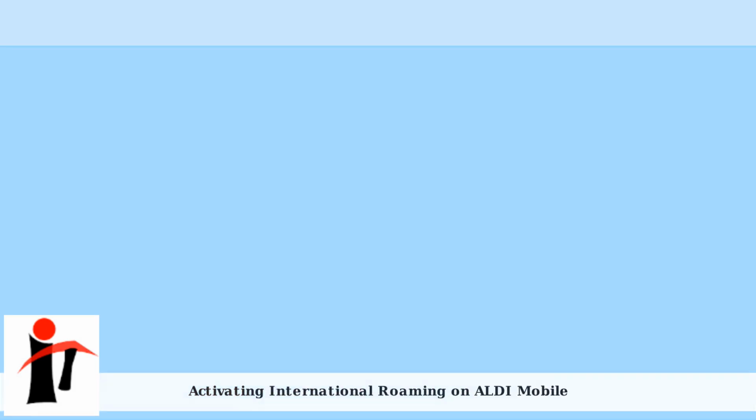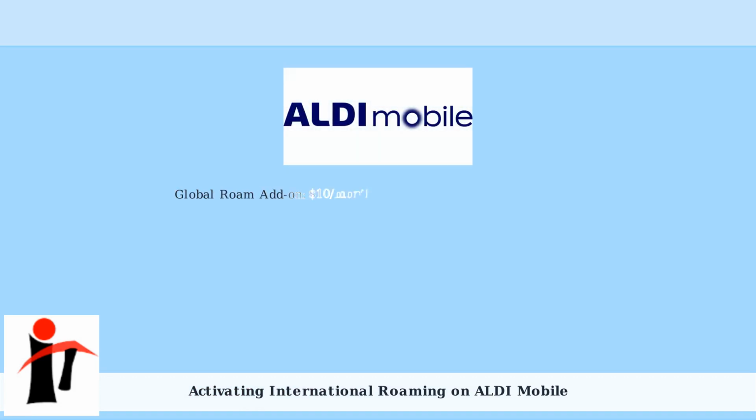Want to use your ALDI mobile phone while traveling abroad? Here's how to activate international roaming. As of October 2025, ALDI Mobile offers a global roam add-on for $10 per month, providing unlimited data roaming in over 200 countries. You can activate this through the MyAldi app by calling